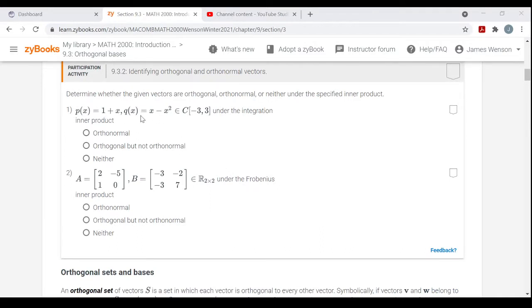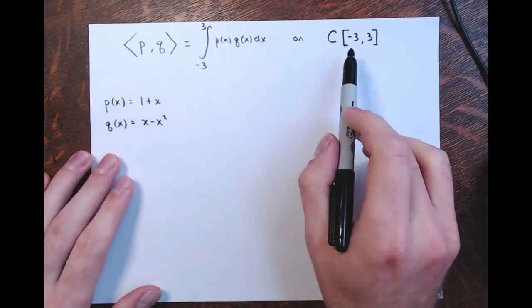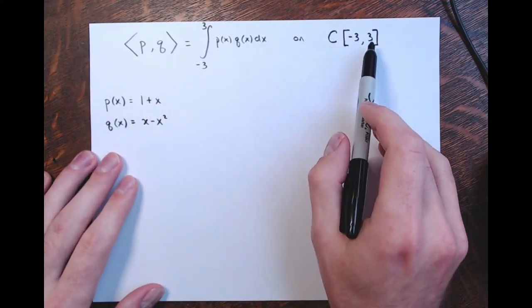So I'll do the one with the polynomials here. These are actually part of the vector space of continuous functions, over the interval from -3 to 3. And they're asking, determine whether the given vectors are orthogonal, orthonormal, or neither. All right, so I'll write this out. They told us in the first part of this activity that we have the integration inner product. Remember that on this space of continuous functions over the interval from -3 to 3,